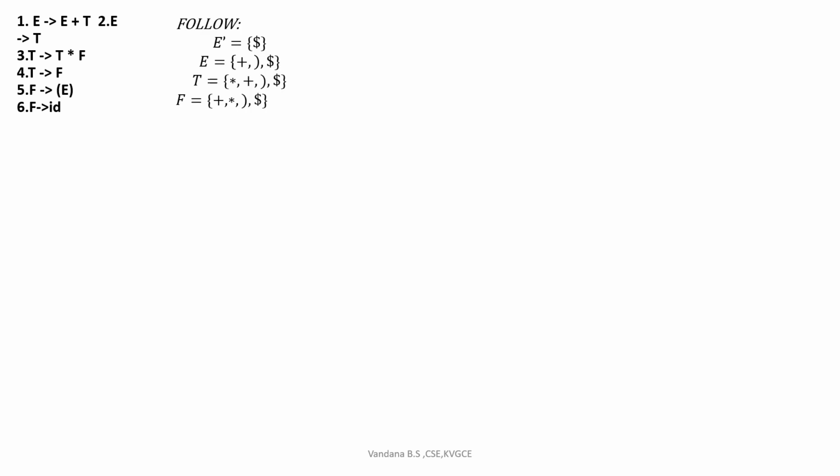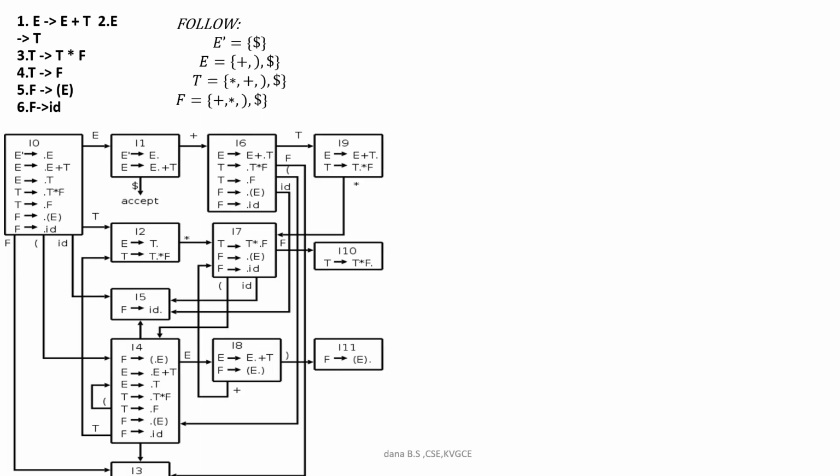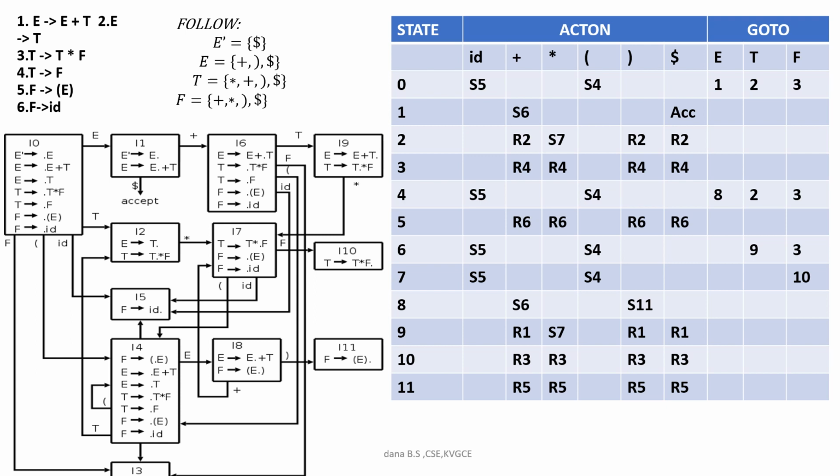Now let us consider the parsing table. So this is the grammar, and let us compute the follow of every non-terminal. We just compute it. All the productions in the grammar are numbered, okay, and this is the transition diagram we got. So let us build the table as I explained already. How many states here? Totally 11 states. And the table contains an action part and a goto part. In the action part, column headers contain only the terminals. In the goto part, only the non-terminals.